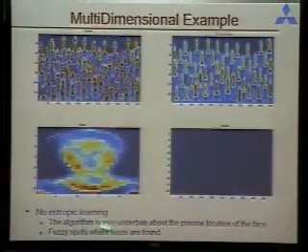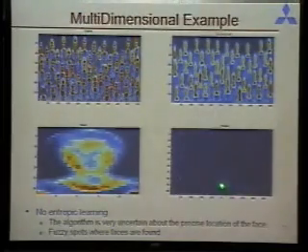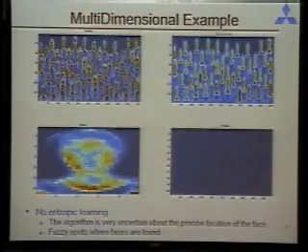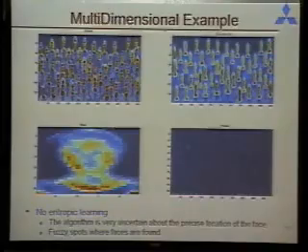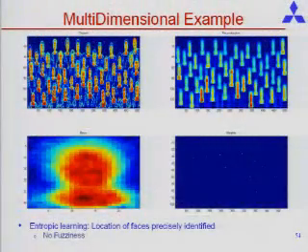But when it tries to locate the face, it's not very sure. Instead of giving you pinpoint locations, it gives you these fuzzy blobs where it says, I think the face is somewhere in this region, and each spot has a different probability. Whereas if you use the minimum entropy version, each spot is almost a pinprick. It knows exactly where the face must go.